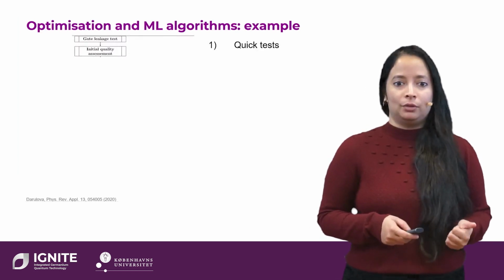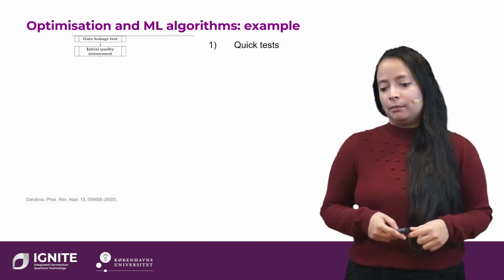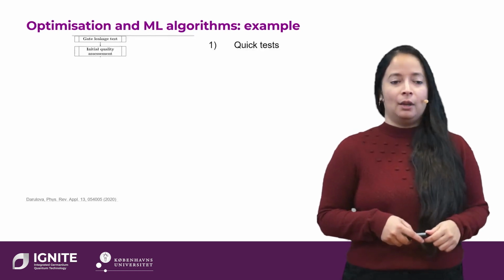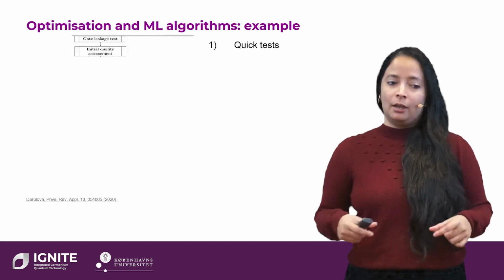The second test you would do is a kind of initial quality assessment. This can take the form of many things depending on what kind of qubit you have. For example, you could test if you can actually form a channel, if you can